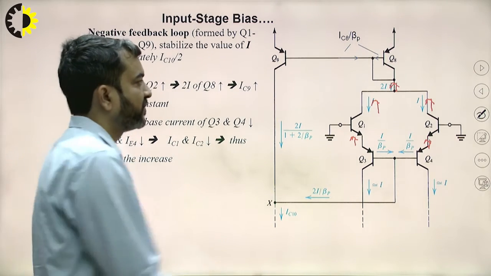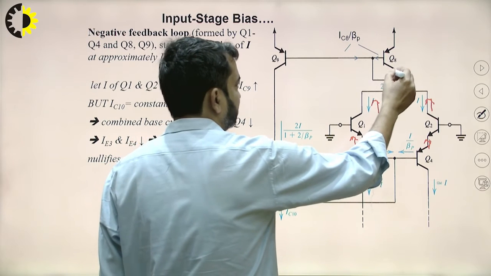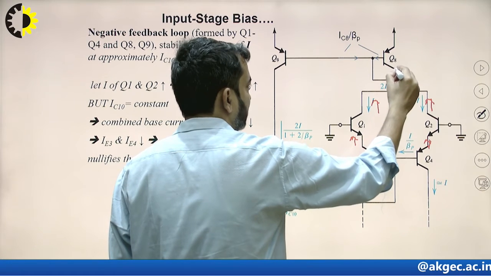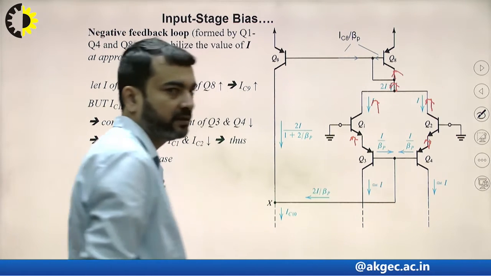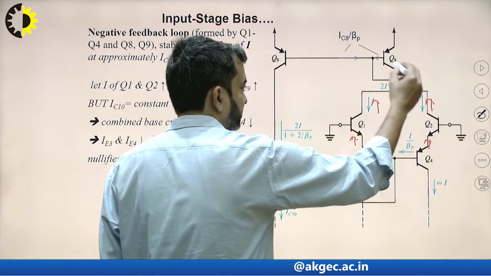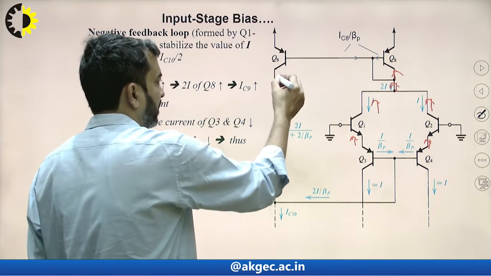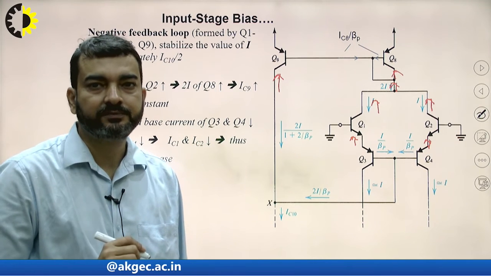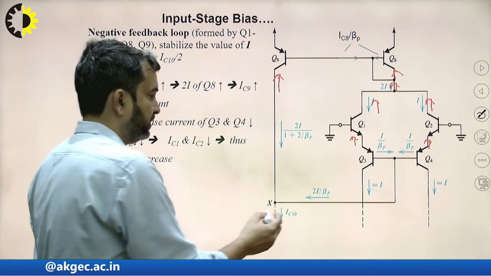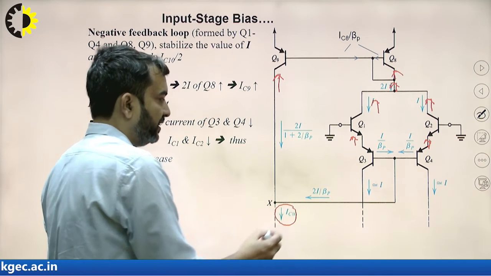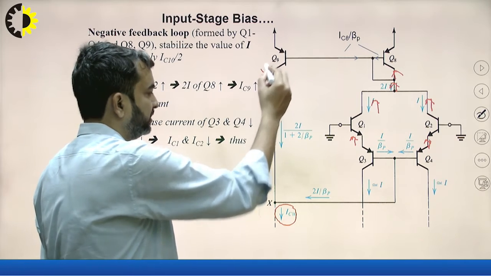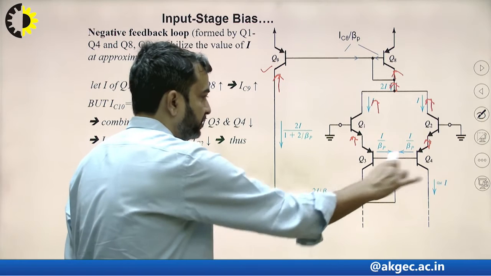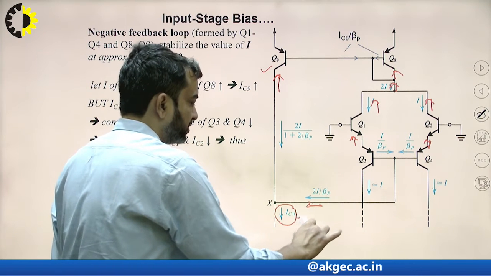So we will say if 2I current is increasing, obviously the collector current of this transistor will also increase. So the collector current of transistor Q8 is increasing, so the output current of transistor Q9 will increase. So if we see the current IC10, which is the sum of the collector current of this transistor and the combined base current of these two transistors, since this is constant,